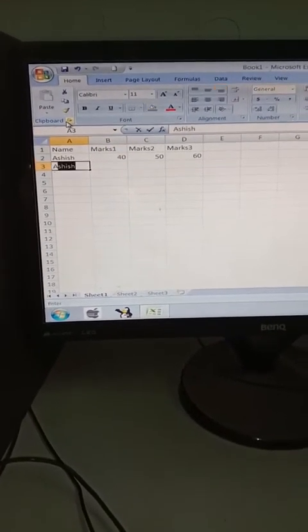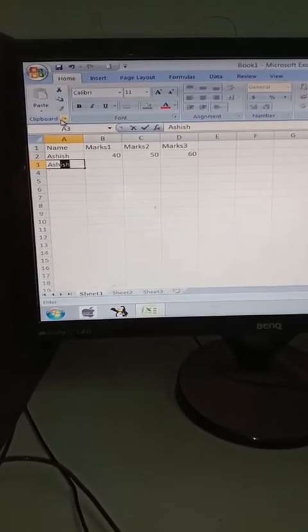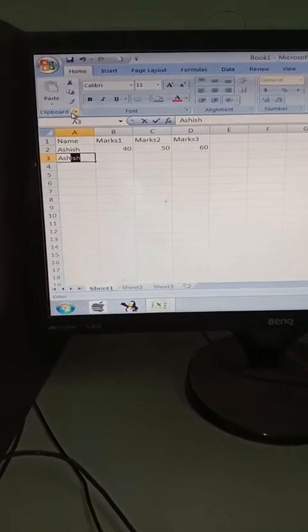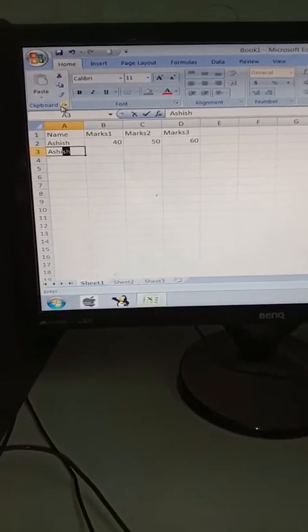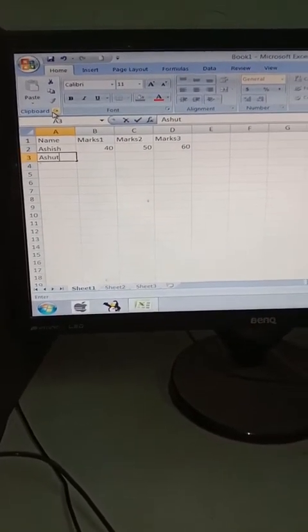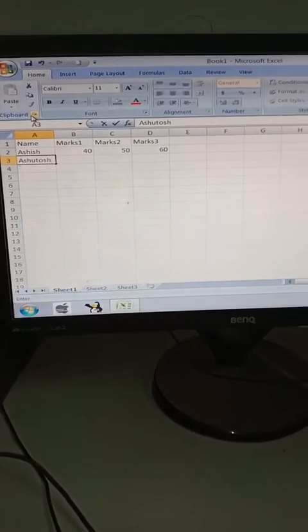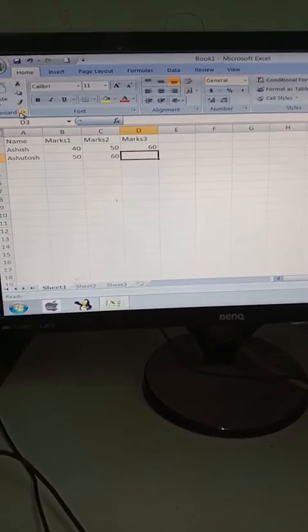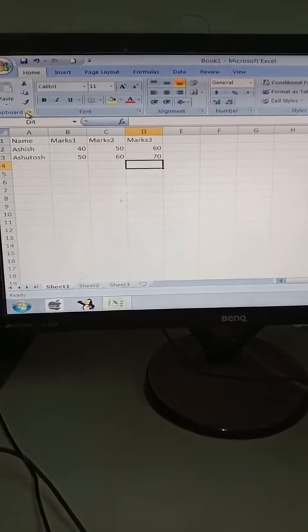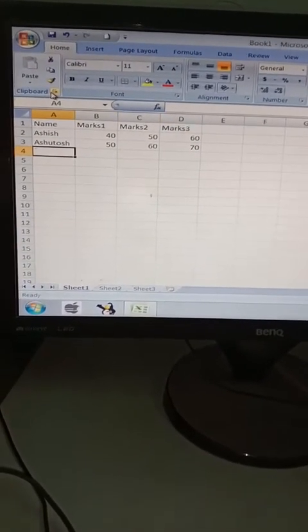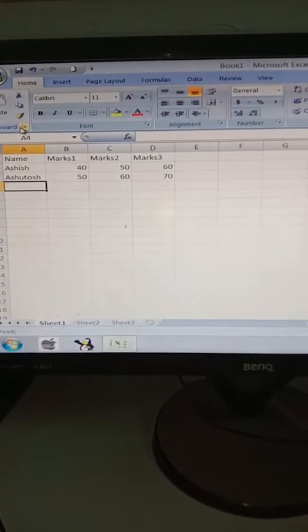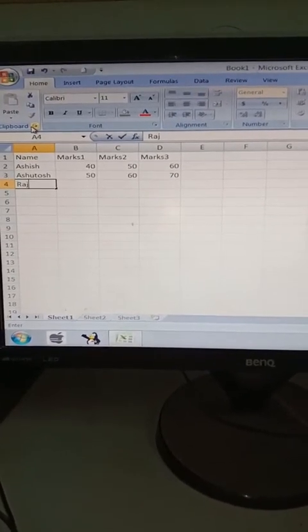Now suppose I have typed the name Ashutosh. The marks are 50, 60, 70. Again I have to type some name over here. The name is say Raj, R-A-J.